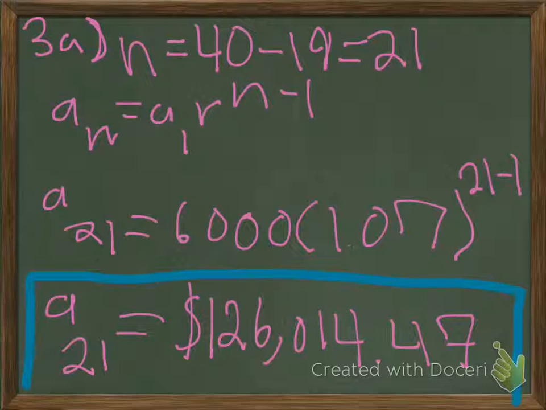And how you get 1.07 is that when it says in a retirement account that pays 7% annual interest, the 7% becomes 1.07 when you convert it. So when you do the exponent and times the 6,000, you get 23,218